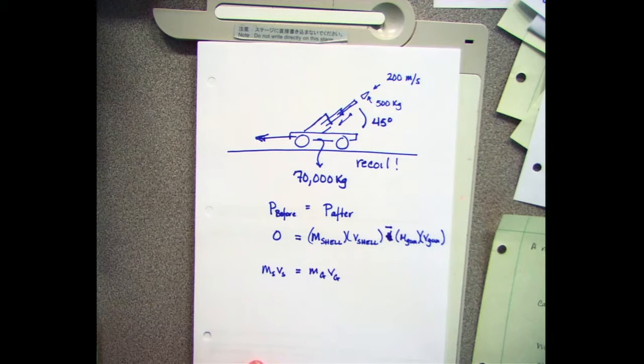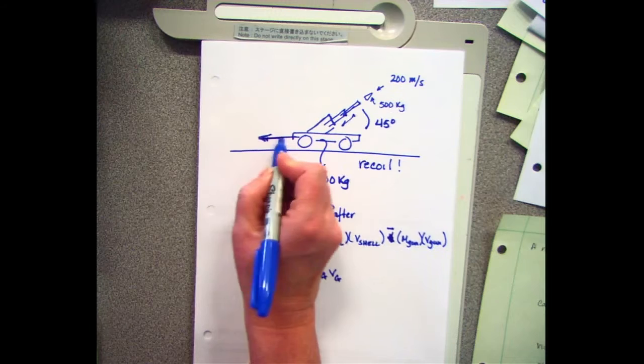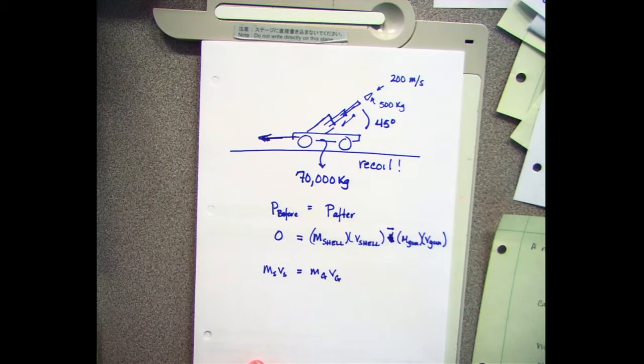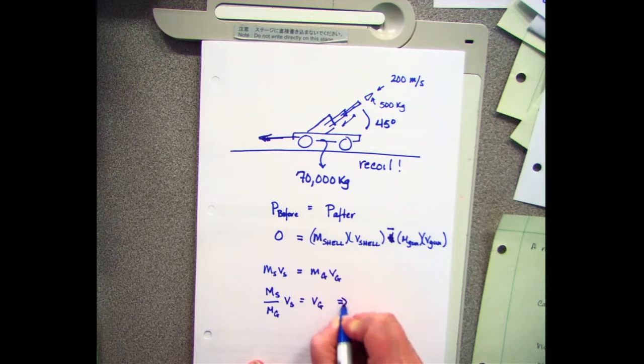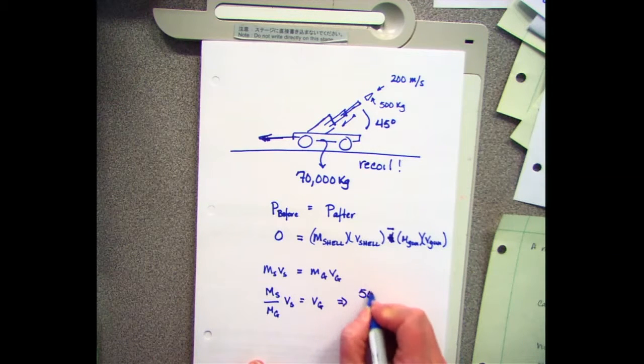If my picture is drawn right, my arrow will end up being positive for the answer here. So my mass of the shell divided by the mass of the gun, velocity of the shell, is going to equal the velocity of the gun,